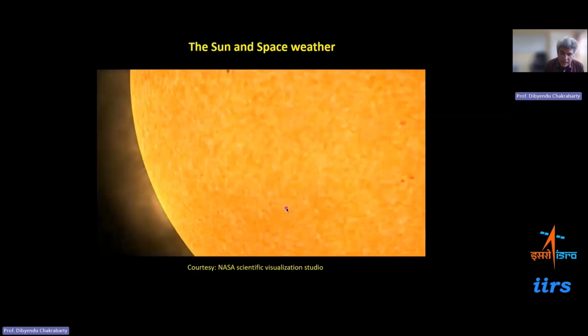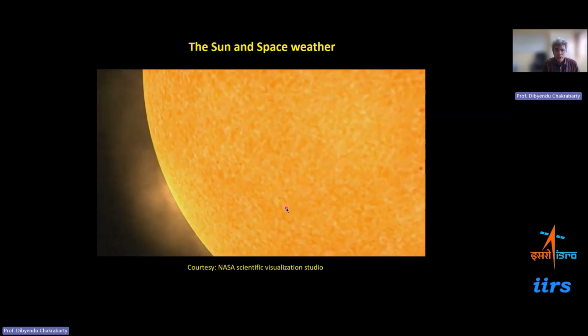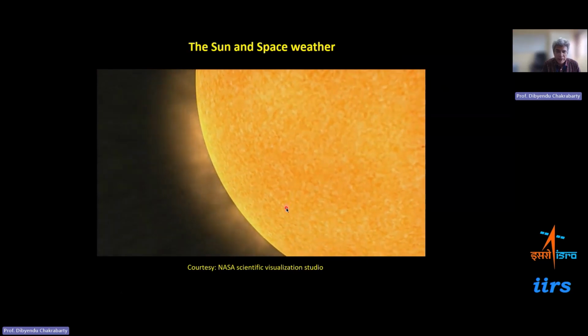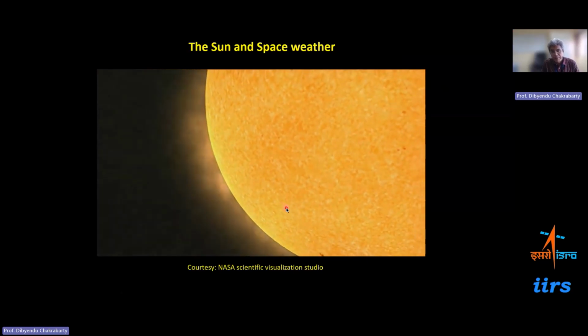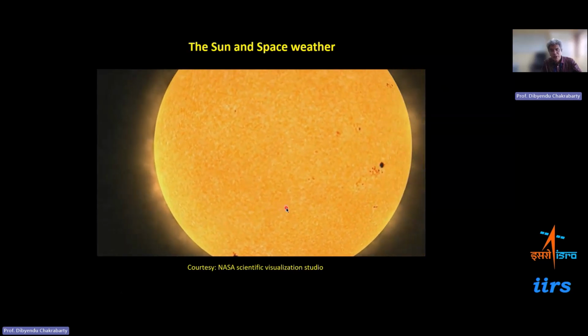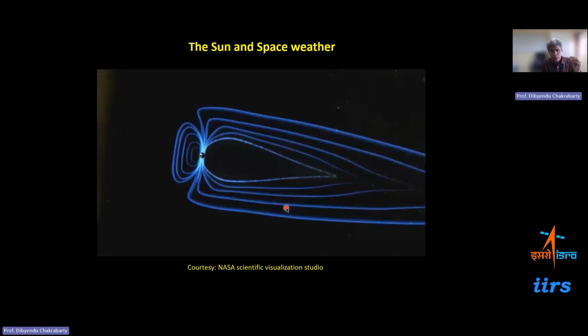This is what happens. This is a movie that shows, grossly, what happens when a space weather disturbance has taken place. You see the solar wind is coming from the sun. This is the sun, and this solar wind travels through the interplanetary medium. It has a magnetic field embedded in it, and as it comes closer to the Earth,